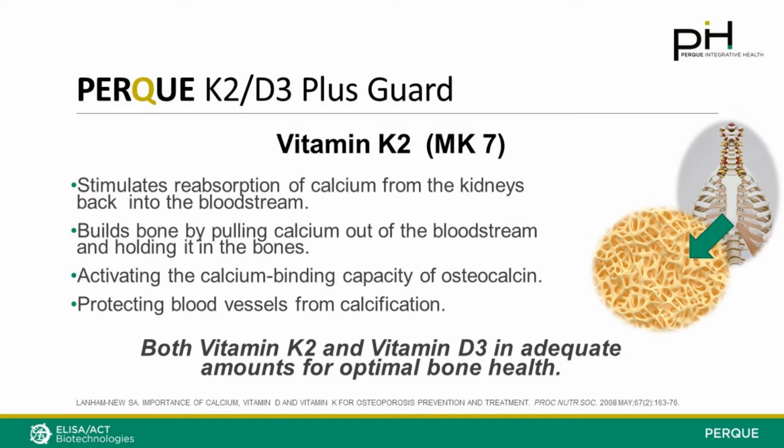Now, what about vitamin K2, also known as MK7? This stimulates reabsorption of calcium from the kidneys back into the bloodstream. It builds bone by pulling calcium out of the bloodstream and holding it for the osteoblast to put new bone and mineral into the bone binding amino acids. It activates the calcium binding osteocalcin, and it protects blood vessels from calcification, hardening, atherosclerosis, and all of those cardiovascular ills are reduced when you have the soy-free version of vitamin K2, the dione, menadione form, and the vitamin D3,